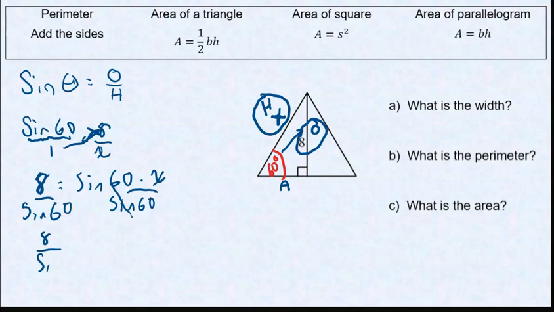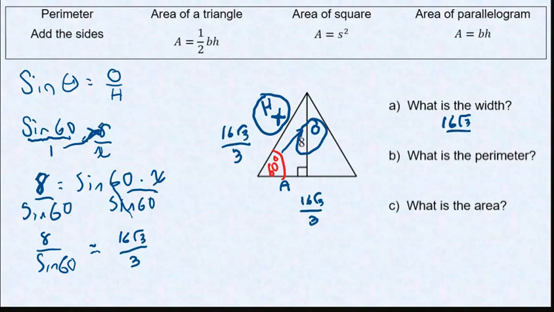Then I have this, which when I plug into the calculator, I get 16 square root 3 over 3, which is an ugly looking number, but I promise you it's going to be easier this way. So now I have my width, because all of my sides here are the same length, is 16 square root 3 over 3. To find a perimeter, all I need to do is multiply this number by 3 because there are 3 sides, or add the 3 sides